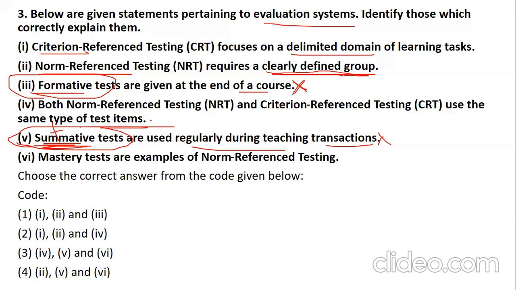So yes, let's see how it goes. I mean to say, ये थोड़ा nearby है, okay, these two are also nearby. Mastery test are examples of non reference testing? No, definitely not. तो हमें कौन से ऑप्शंस मिले हैं, 3, 5 एंड 6। अगर आपको 6 पे थोड़ा डाउट है, बट 3 एंड 5 आर डेफिनेटली रॉन्ग। तो जहां पे भी 3 है, जहां पे भी 5 है, आप उसको कट करो बिकॉज दे आर रॉन्ग। सो आपका बचता क्या है, दैट इज ऑप्शन नंबर 2।